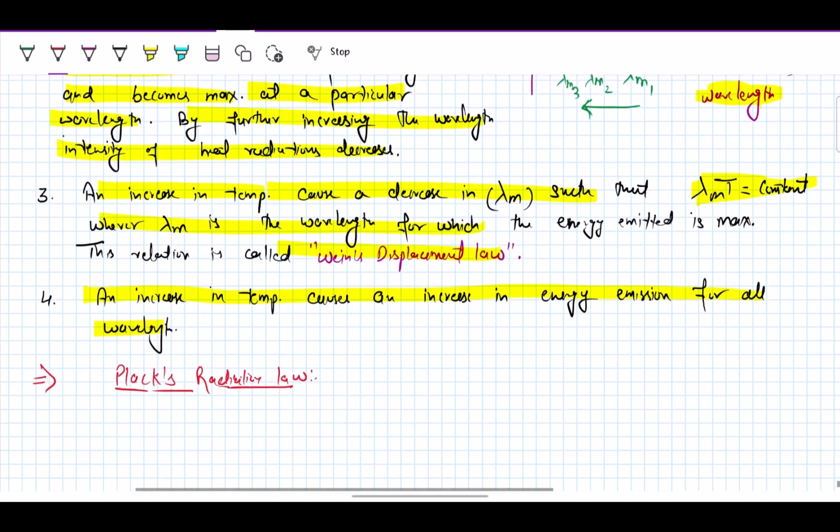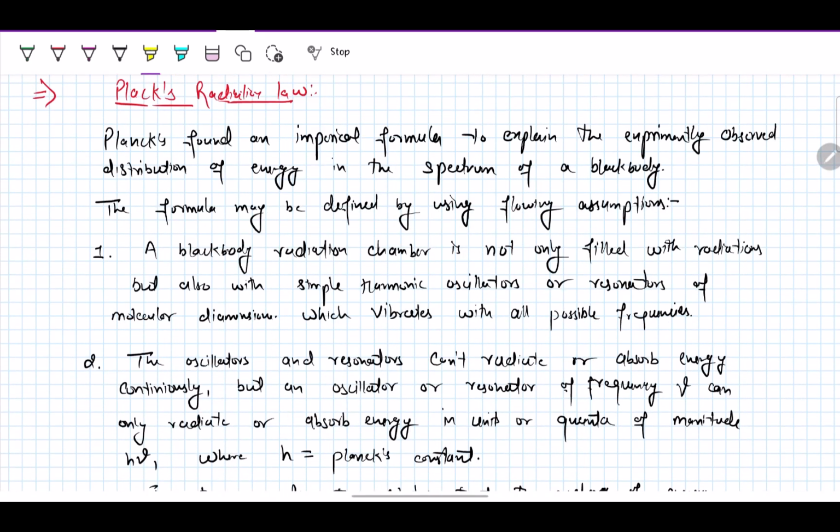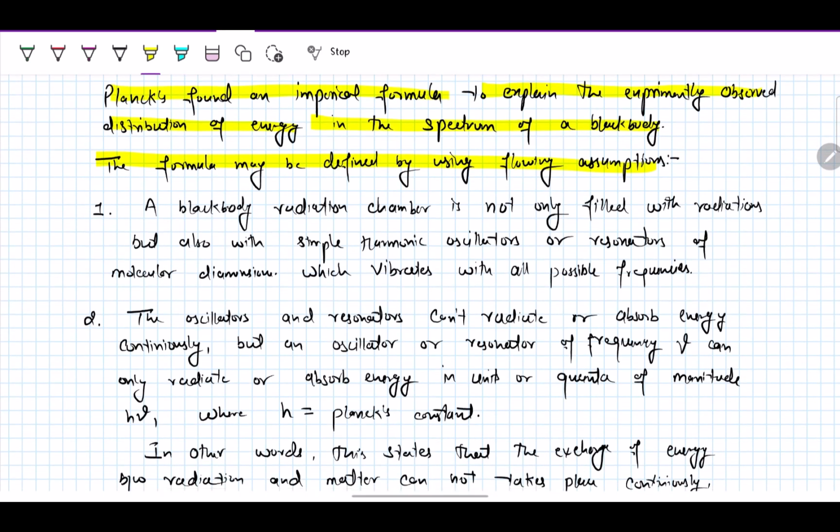Okay, and let's talk about it here. For the explanation of black body radiation, Planck gave an empirical formula which we call Planck's radiation law. So Planck found an empirical formula to explain the experimentally observed distribution of energy in the spectrum of a black body. So the formula may be defined by using the following assumptions. The first assumption made by Planck is that the black body radiation chamber is not only filled with the radiation